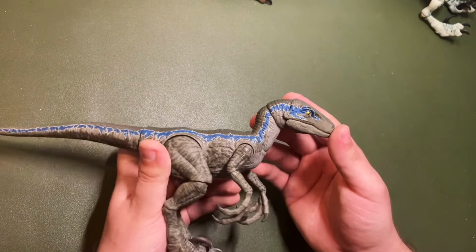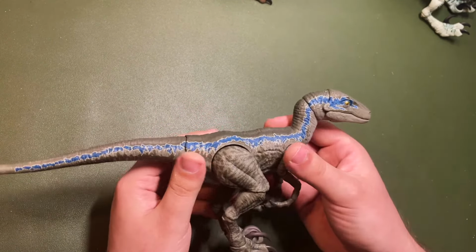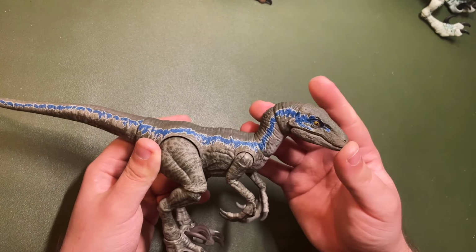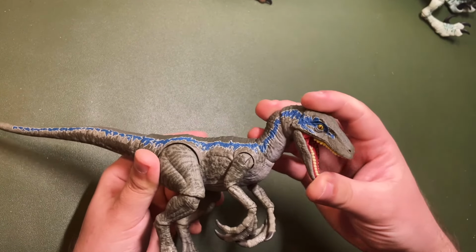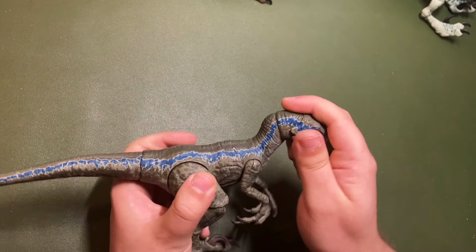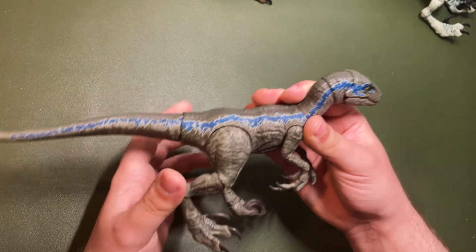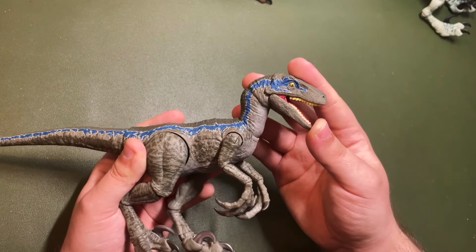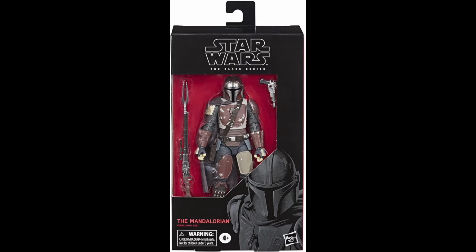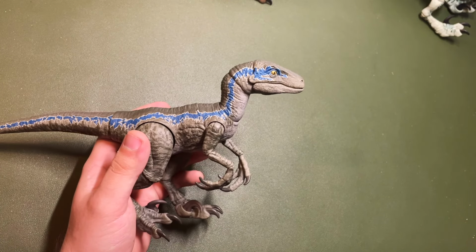What Mattel is giving us is nice. We've never had anything like this in the past, which is aimed at collectors. So more movie accurate, better paint jobs, more movie accurate sculpts, and just posable figures. This is kind of like Mattel's attempt at a Black Series Hasbro Star Wars figure, which is a highly detailed, highly articulated figure, really movie accurate with loads of details. But I think it's failing because,